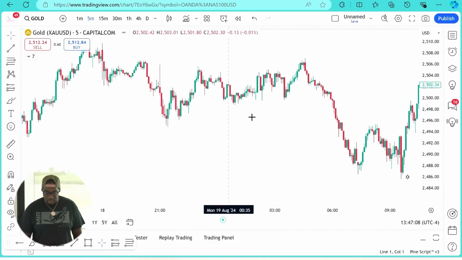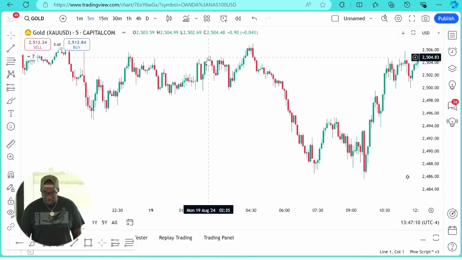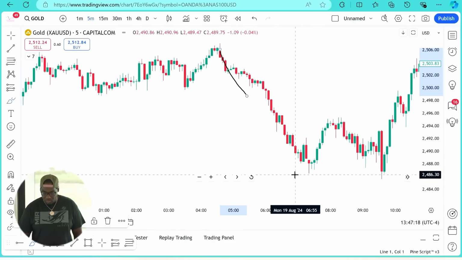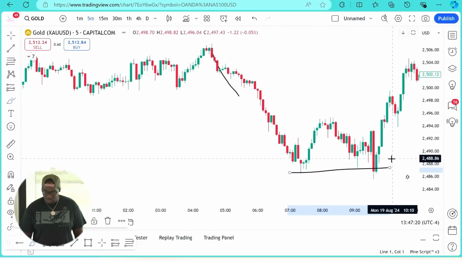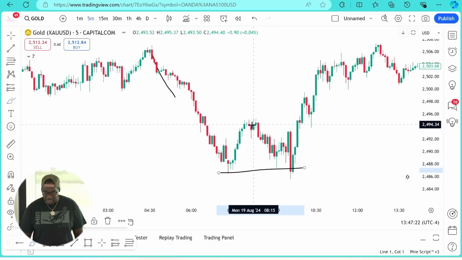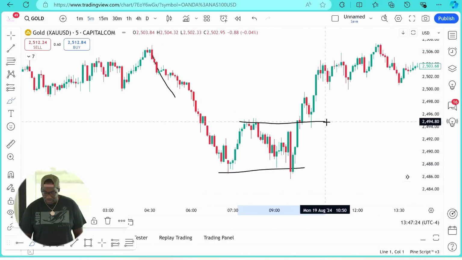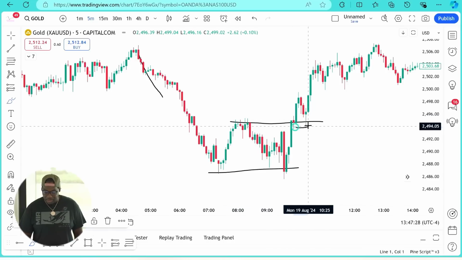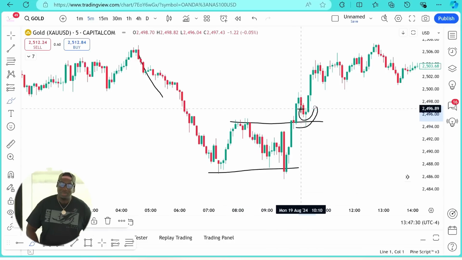So right here, let me erase this. Right here we have a minor level. Notice how it hit that resistance. It sold off right here, all right? And basically that could have been a trade for you. Notice how right here we have support and it bounced off that support, okay? Also, we have this minor level right here. Resistance turned into support. So all these key levels right here, guys, are potential trading opportunities while